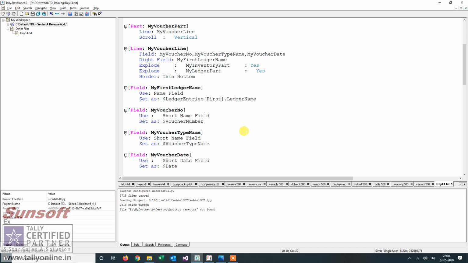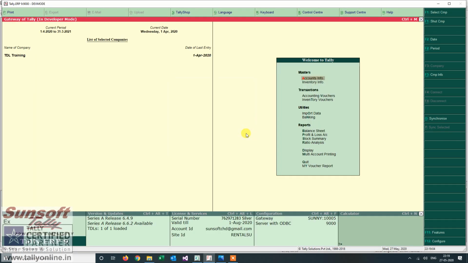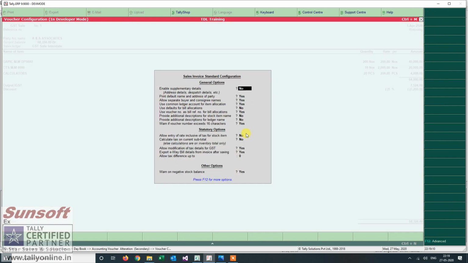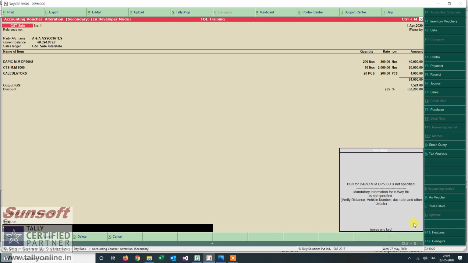I want to see what is there in the ledger entries. Let me see if that has been created in the voucher. I want to see whether the reference has been created or not. Let me see that. That will print some information.